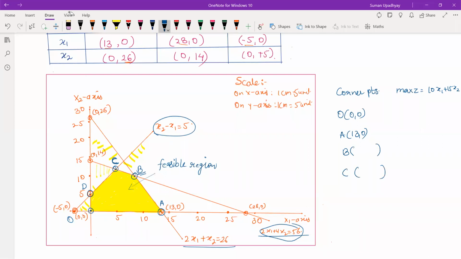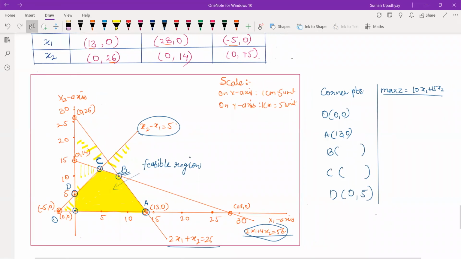तो जरा बताओ बी और सी के कोऑर्डिनेट्स क्या आ रहे हैं, और डी का तो हमको पता है दैट इज 0,5। बी एंड सी के कोऑर्डिनेट्स निकालो। Then you have to put these values in this Z, and जिस पे भी हमें maximum value आएगा that is going to be your optimal solution. So ये तो I think 0 ही आता है, और A पर 130। B और C निकालो, बताओ कितना आता है, ये आता है 15 5 सा 75। B आप निकालो, C का मैं बता देती हूँ कितना आता है।